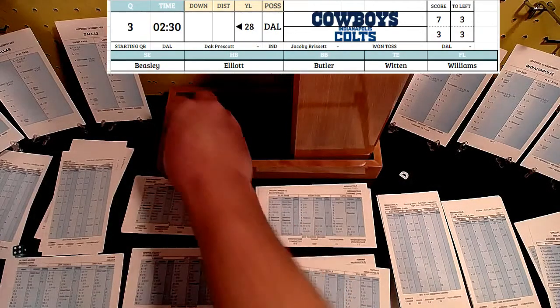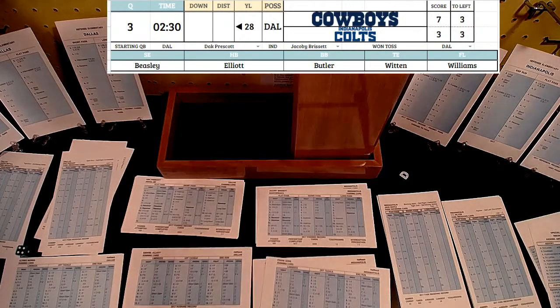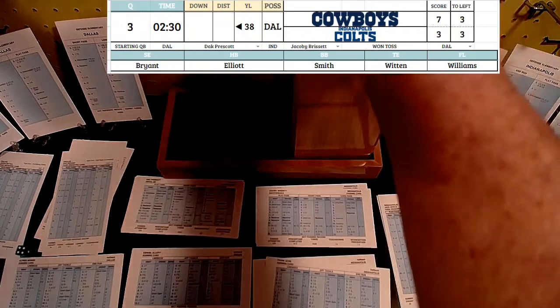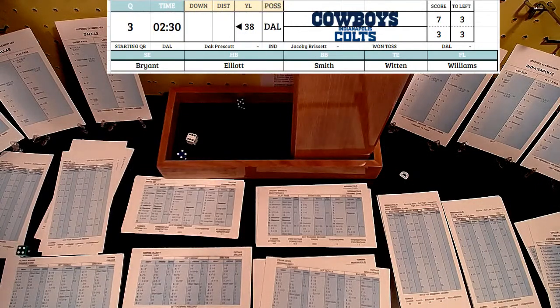Down to 28. Let's see. I think it was 49, not 59. 38. And then number 2, there isn't. It's Ryan Switzer back to return. A 9. That's a 12-yard return. So they're going to get it out to the midfield stripe here on this punt return. 1st and 10. 2:25 left